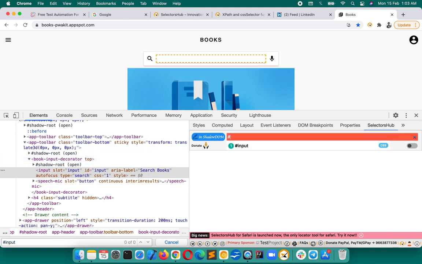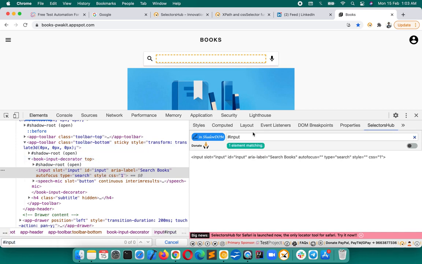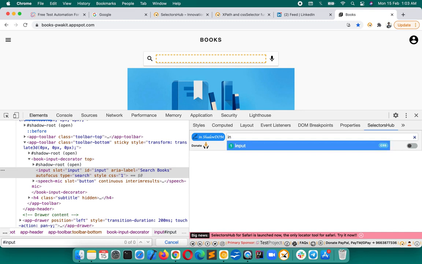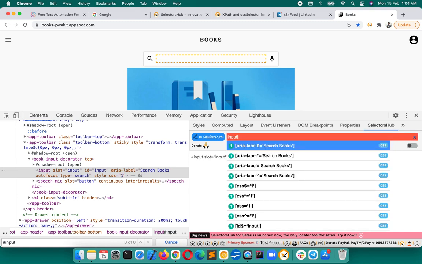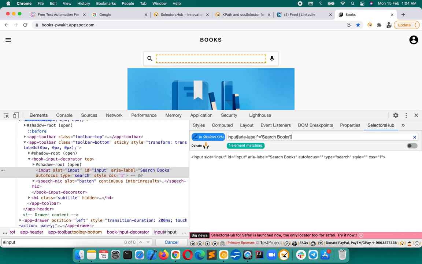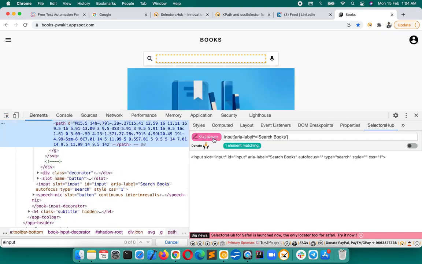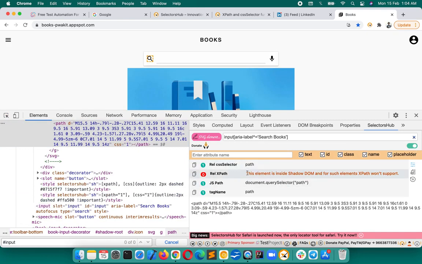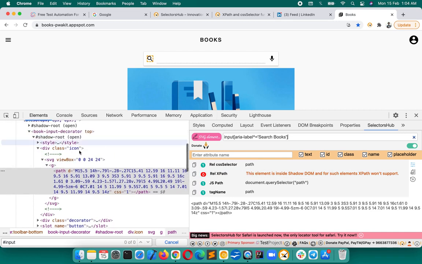So here also you can write it like hash input. You see, you can write and verify in any format. You can write whichever way we have learned, with an attribute, or with an ID or class. Whatever is available, you can write with that. If we inspect an element in shadow DOM and that element is SVG, it will show SVG. If you keep it on, it will tell you that this element is inside shadow DOM, because now it is SVG as well as inside shadow root. So it tells you both things.